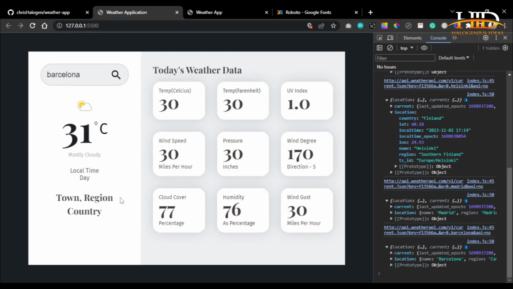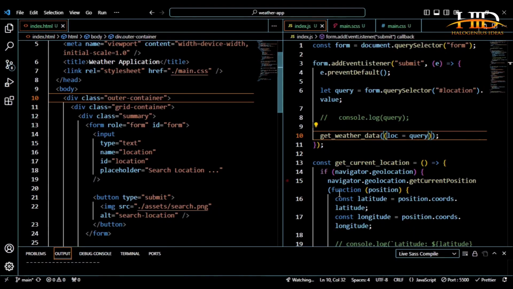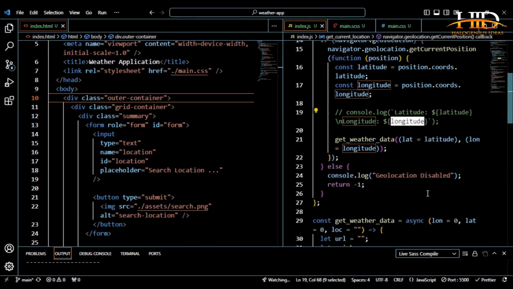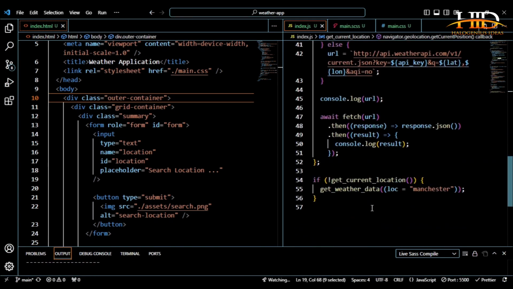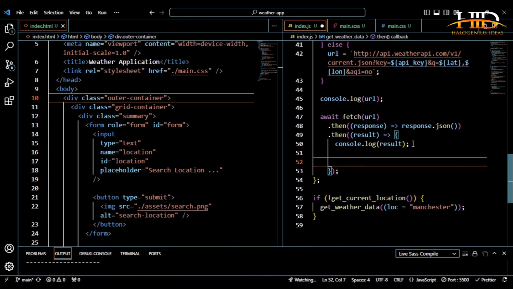So now that we are sure that we are getting the accurate data, the next thing we want to do is to start populating our web page with the data that we are getting. Okay, so the first thing I want to do is to populate this area over here, this town, region, and country. How can I do that? Very simple. What I would do is I don't need this anymore. Okay, so where console.log result, this is where I'm going to be populating the data. So I can just do something like city,